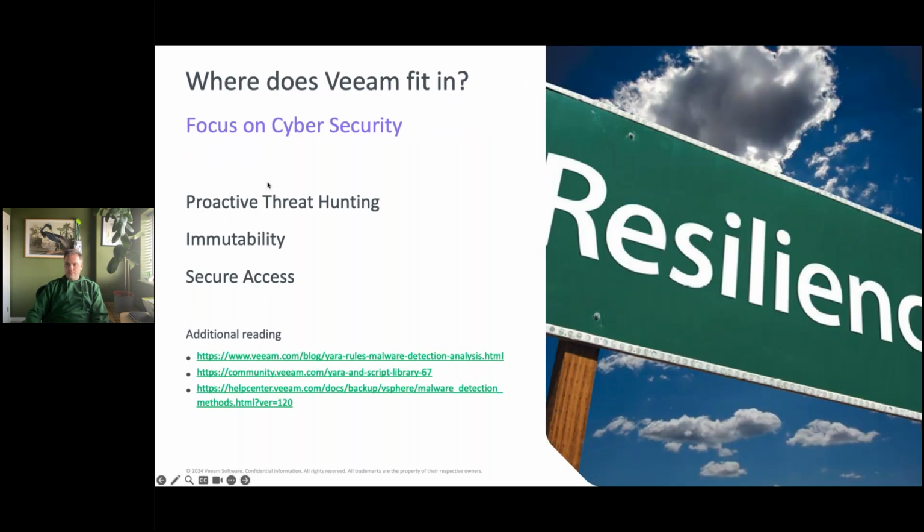So where does Veeam fit in on this? Michael Cade touched on this in his last session. I tend to agree with his analysis that maybe you should leave the security piece to those vendors who've been in the space for a long time. Now, Veeam is bringing some valuable additions to the resilience of your data, but it should be part of a wider approach to protect all the data.